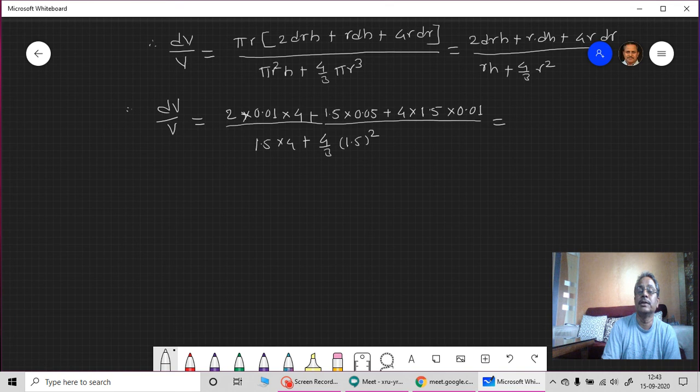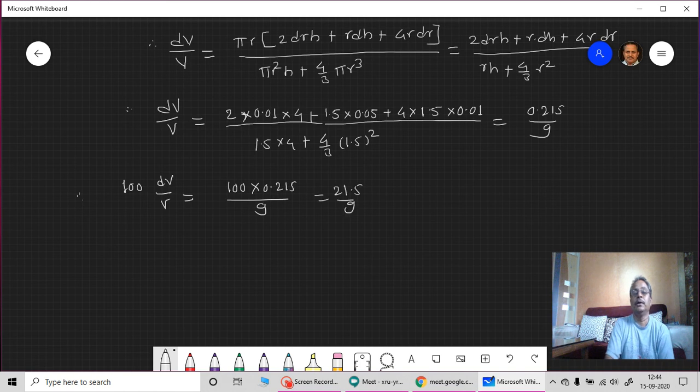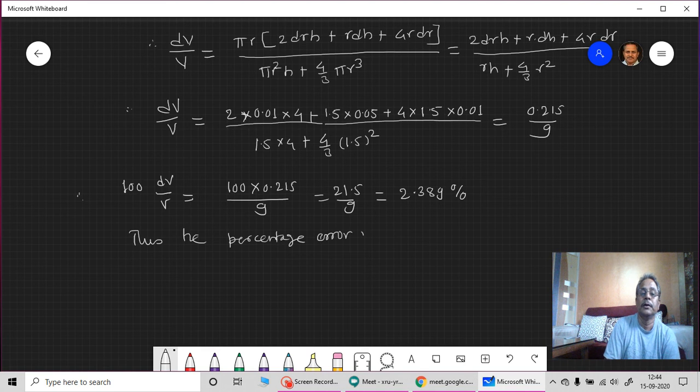And once this entire calculation is done, I am not doing all these calculations, you can do it at home. So this gives you 0.215 upon 9, and therefore the percentage error, 100 multiplied by dv upon v is equal to 100 into 0.215 divided by 9. So this comes to be 21.5 upon 9, and if calculated, it comes to be 2.389%. Okay, thus the percentage error, not error, percentage change, we are asked for the change, the percentage change in the volume of the balloon will be